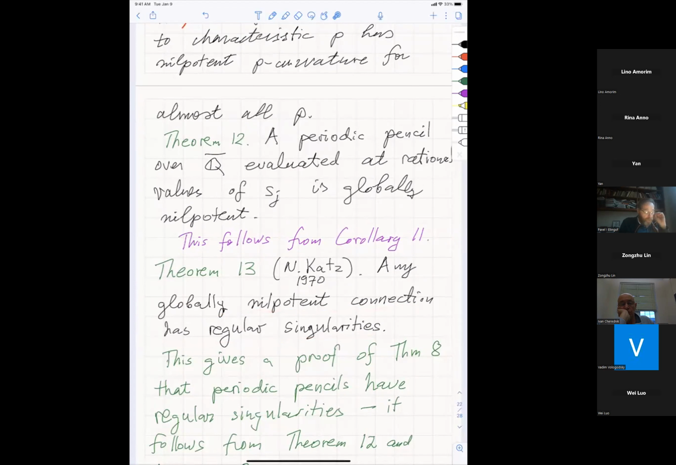So he also showed that any geometric connection which comes from Hodge theory is globally nilpotent, and also that any globally nilpotent connection has regular singularities. And this gives a proof of the theorem that we used before, that periodic pencils have regular singularities. So because periodic pencils are globally nilpotent at rational points,